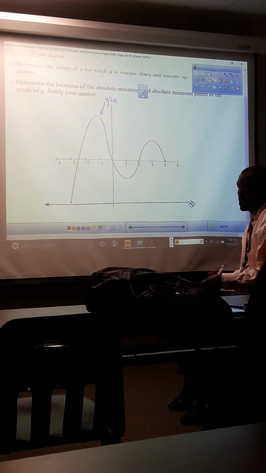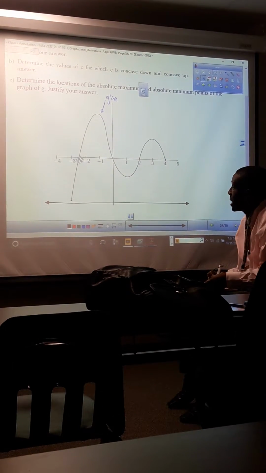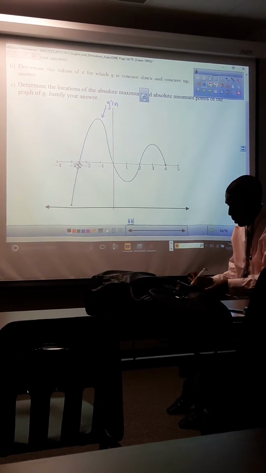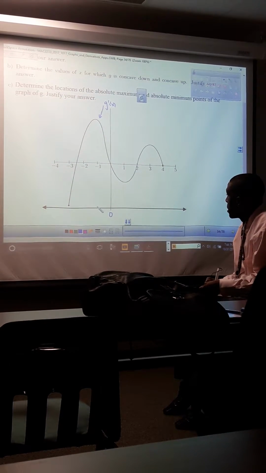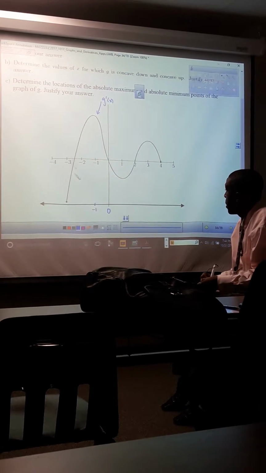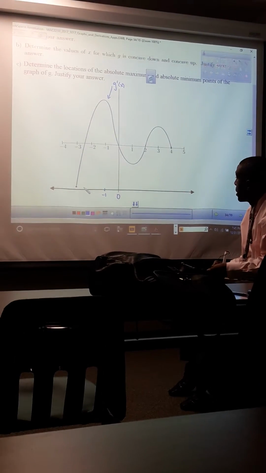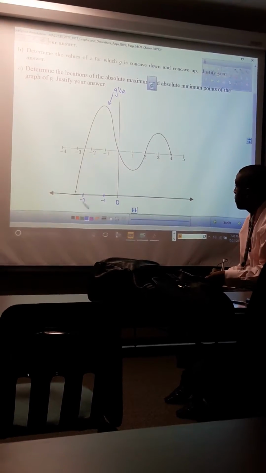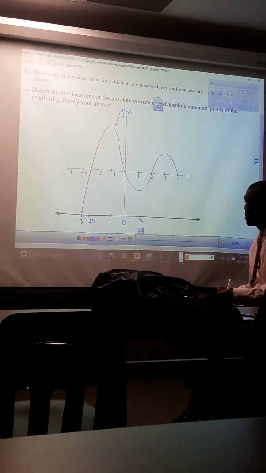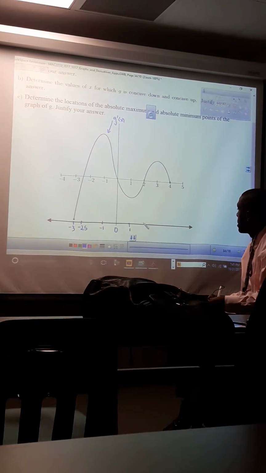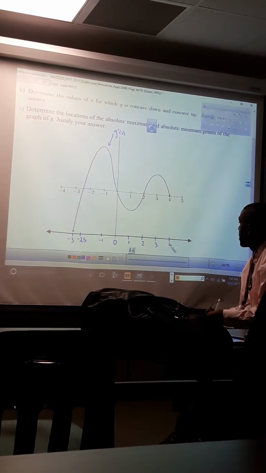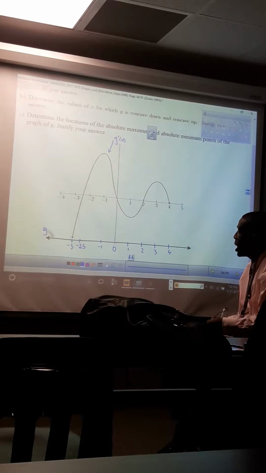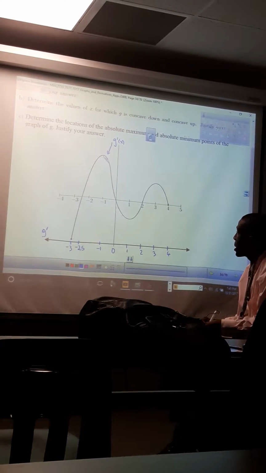On this little line here, I'm going to show what the graph of G is doing. Are you with me? All right, now, the numbers in question are 0, -1, -2.5, -3, 1, 2, 3, and 4. Now, since I'm only talking about G prime, I'm going to eliminate the parts that only